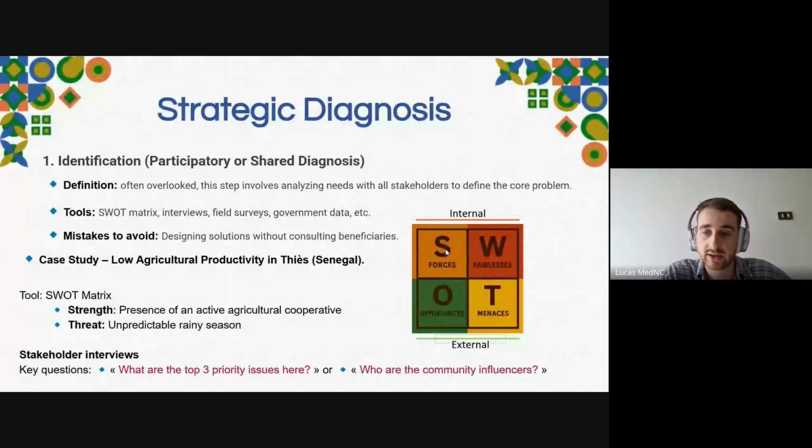S is for strengths and W is for weaknesses. This is internal, so that means you as an association, as an NGO, or as a person working in that environment, you need to know what your association is good at, what its strengths are, what its weaknesses are, okay?